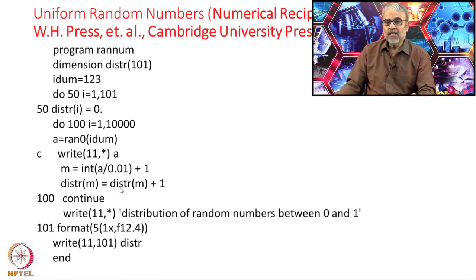If each of the bins contains 100, it will be an absolutely perfect random number distribution between 0 and 1, but in general that does not happen. In fact, if it is too perfect, it is probably not as good. We will see the results later. Again, in this do loop, what have I done?